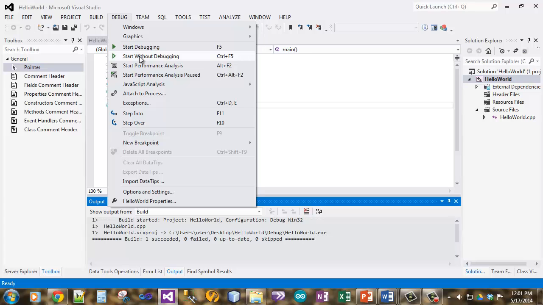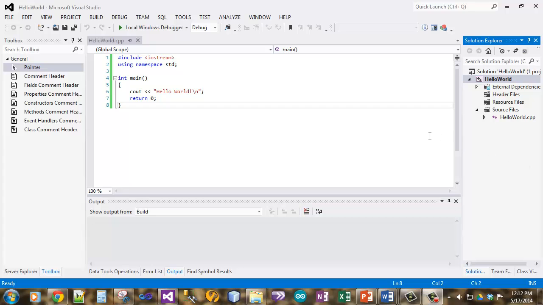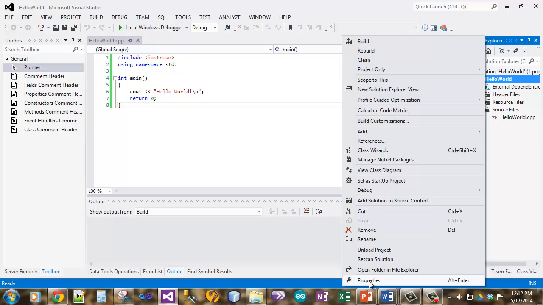We'll talk about debugging in a later section. And my program should run. Unfortunately, it happened very quickly. So if that occurs, what we need to do is some settings. In order to fix the problem of the screen going away before we can actually see it, what we need to do is change some settings in our project. We'll right click on our project, click on Properties,